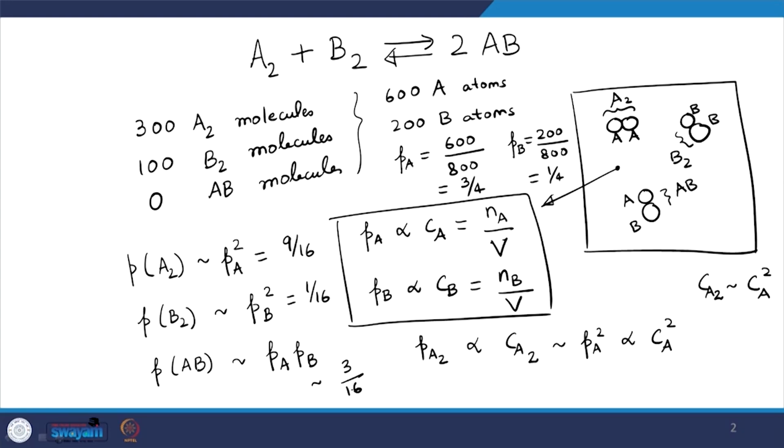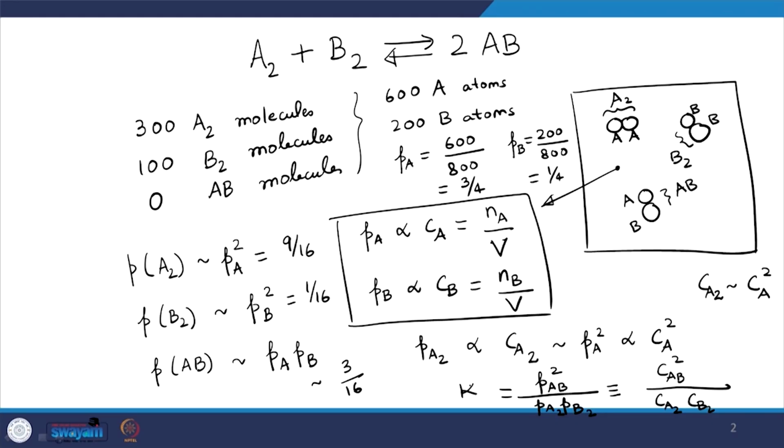right. So, if I now want to find the equilibrium constant of this particular system, what is it going to be? It is going to be the probability of forming AB divided by the probability of forming A and the probability of forming B, and since there are two molecules of AB, this must be squared. And why is that? Because these probabilities are proportional to concentration. So, this should be equal to the concentration of AB squared divided by the concentration of A2 and the concentration of B2. This is PA2, this is PB2, right, and that is equal to my equilibrium constant, and